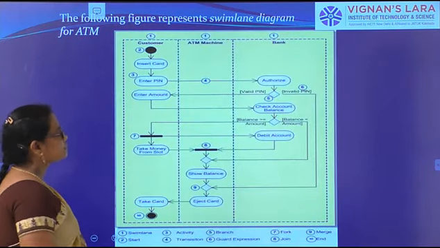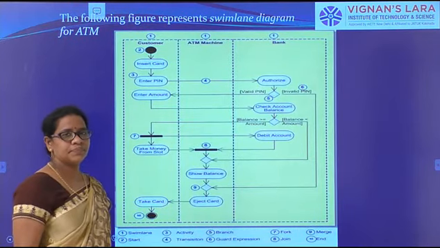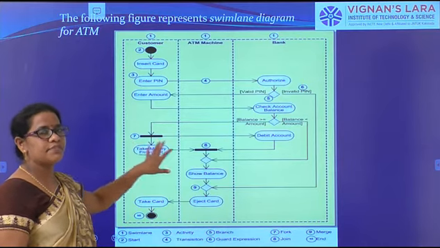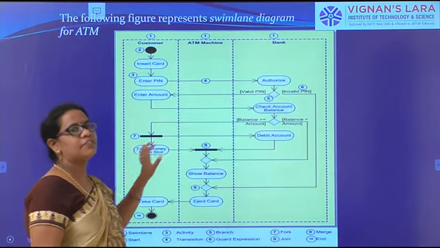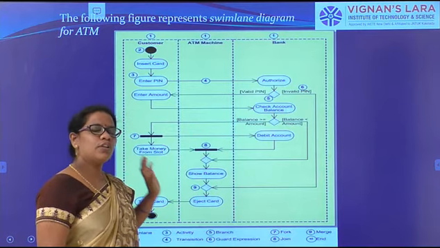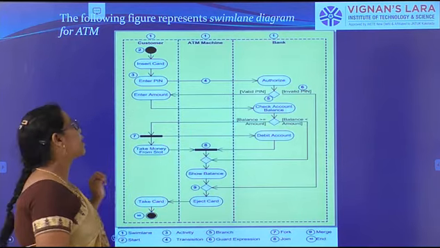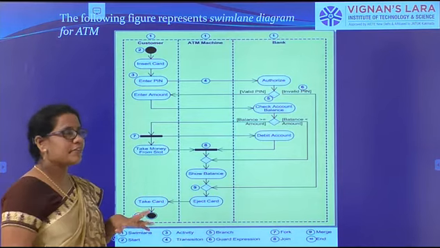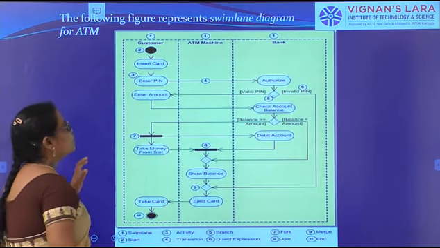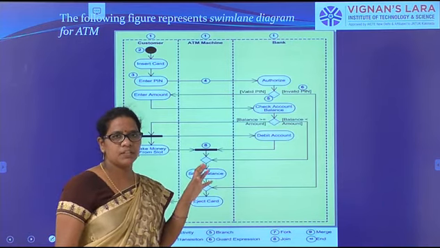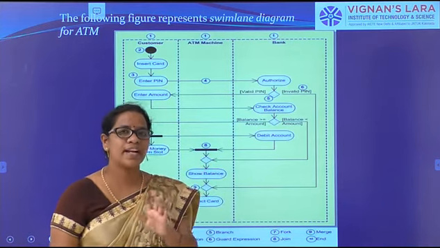So this is a swim lane diagram. We can also call it an activity diagram with swim lanes. Only activity diagram is whatever I explained previously. I think it's clear for everyone. So what is a swim lane? We said that in a swim lane the responsibilities are divided into parallel segments.